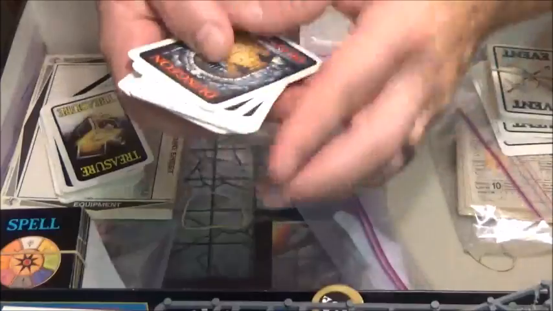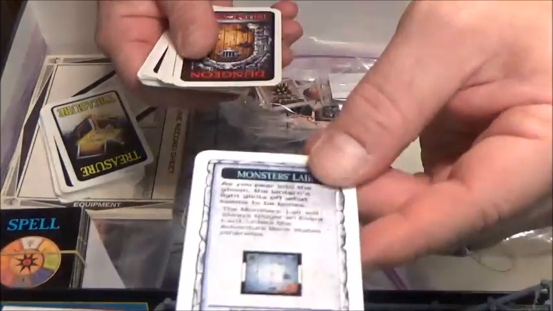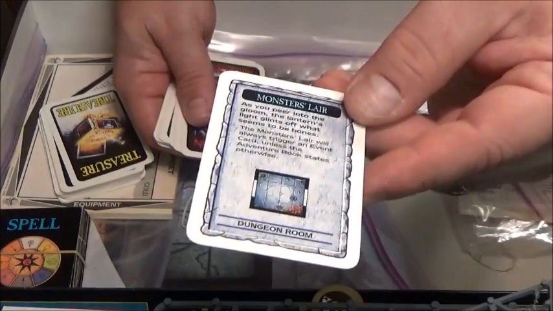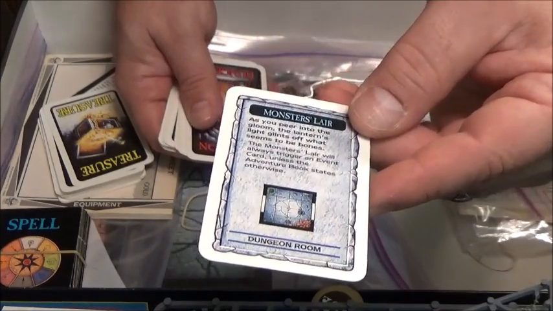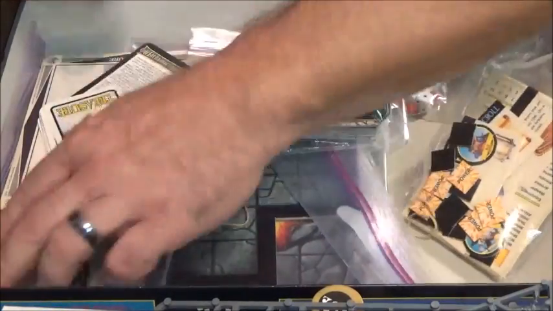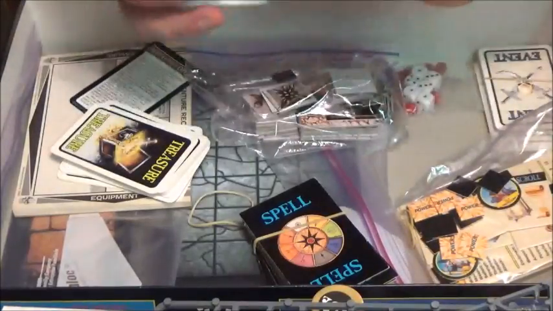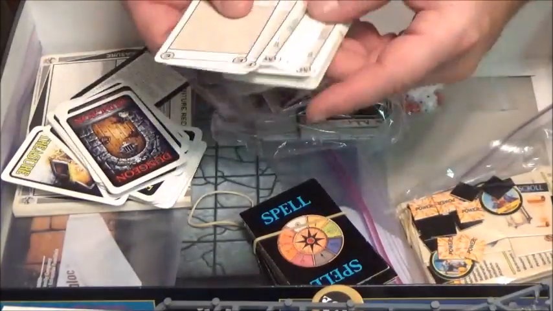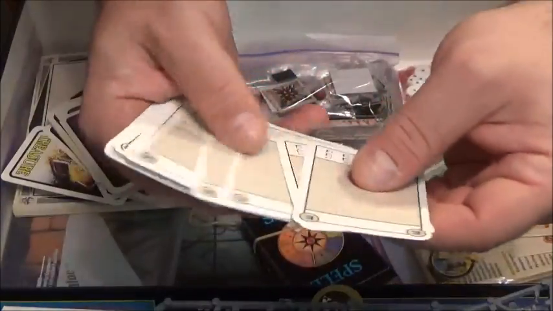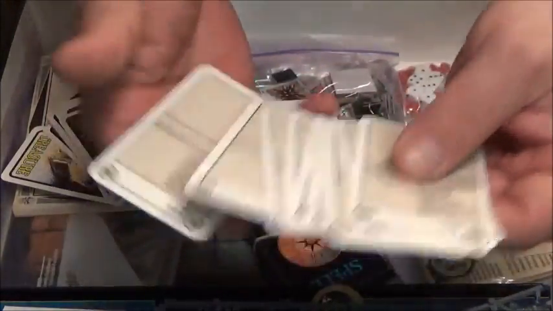You didn't even need a dungeon master. You could just see what happens in the dungeon by itself by turning that over. Monster's Lair. Okay, well, you move up there, and then you would draw maybe a monster card, which we had plenty of over here. That's all the treasure cards. And then, of course, you have your monster cards. And they gave you blank cards, tons of cards for events, for monsters. So you can add all those,